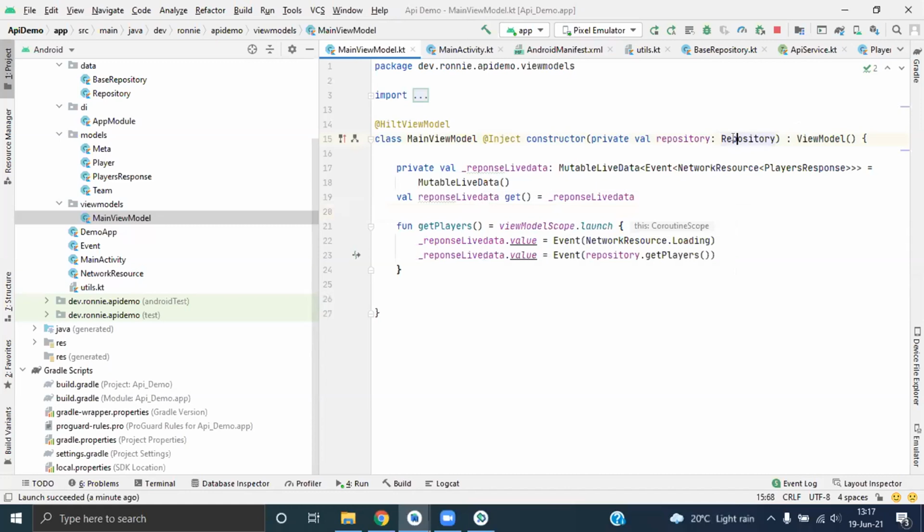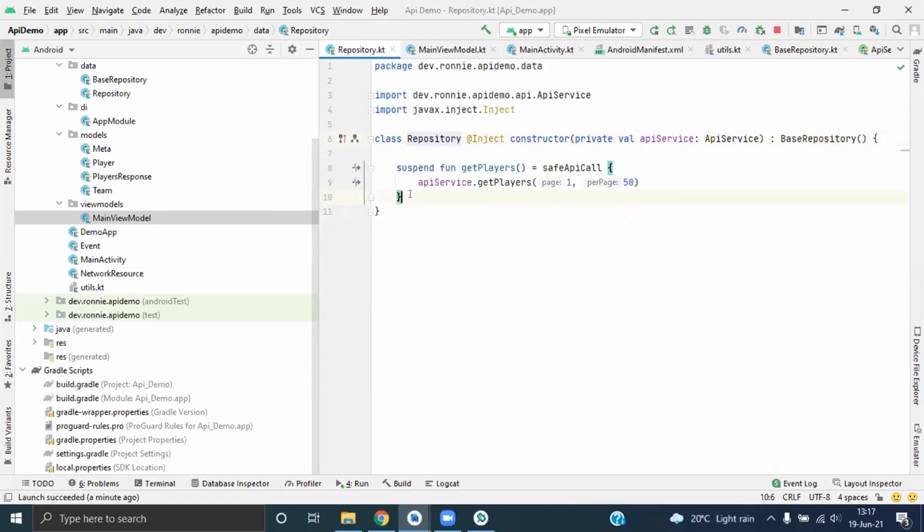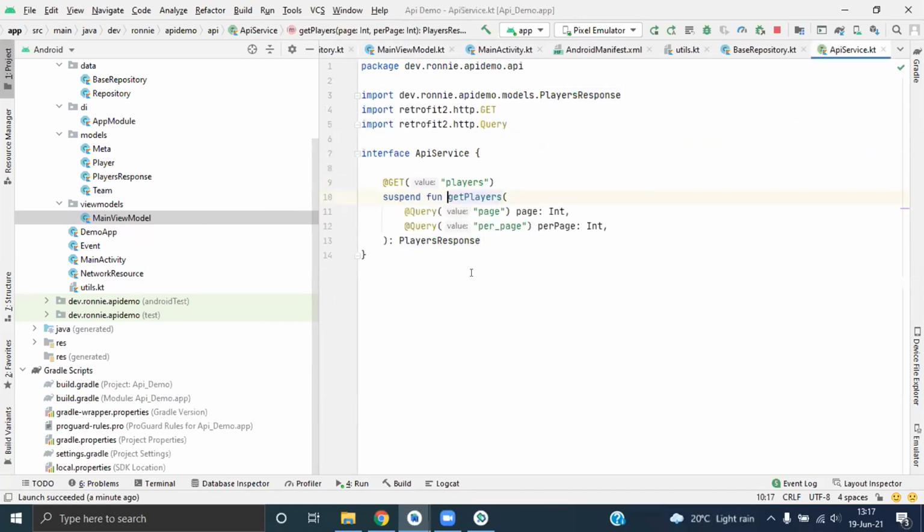And the repository mostly has two lines of code per function, which you can just use to get the players from the service. So here we have the data source, which I've not written because it doesn't matter. The data source, the repository, the ViewModel, and now our view, which has the main activity or fragment. I think this is good for a person who's starting, just trying to get the API and use the MVVM architecture and repository pattern.